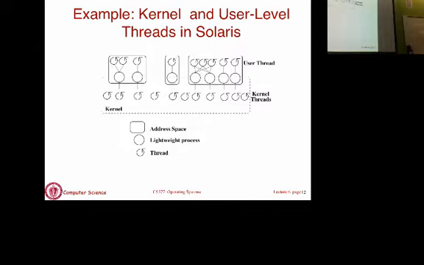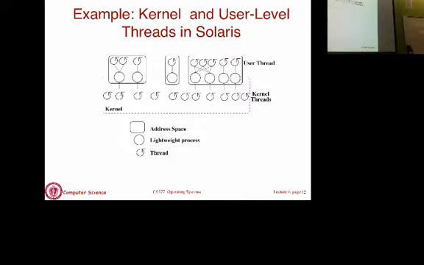So what happens in Solaris is Solaris does support kernel level threads. All modern operating systems do for that matter. User level thread packages are available, but so are kernel level thread packages widely. So Solaris supports kernel level threads as I showed here. What is the square box there? It is the address space. Within that address space, you see that there are threads. Those threads are directly mapped to kernel level threads in most cases, as they should. That's your traditional kernel level thread model.